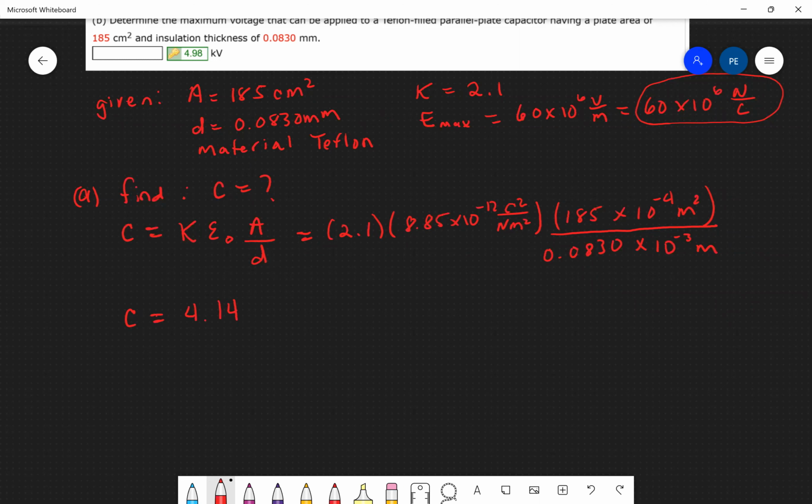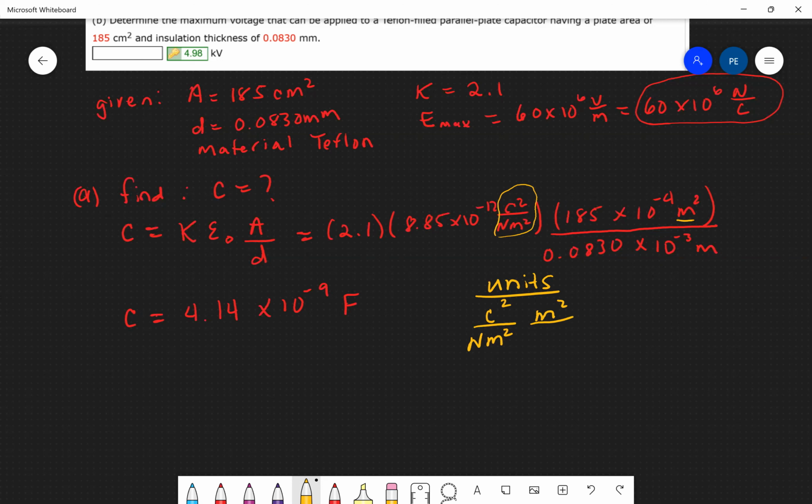4.14 times 10 to the negative 9. Now, we know we're dealing with capacitance, so our units are going to be in farads here, but how did we get those farads? You notice that I'm very interested in the units. So let's go over here to the side and look at some units. We have this coulomb squared divided by a newton times a meter squared. Then we have meters squared,